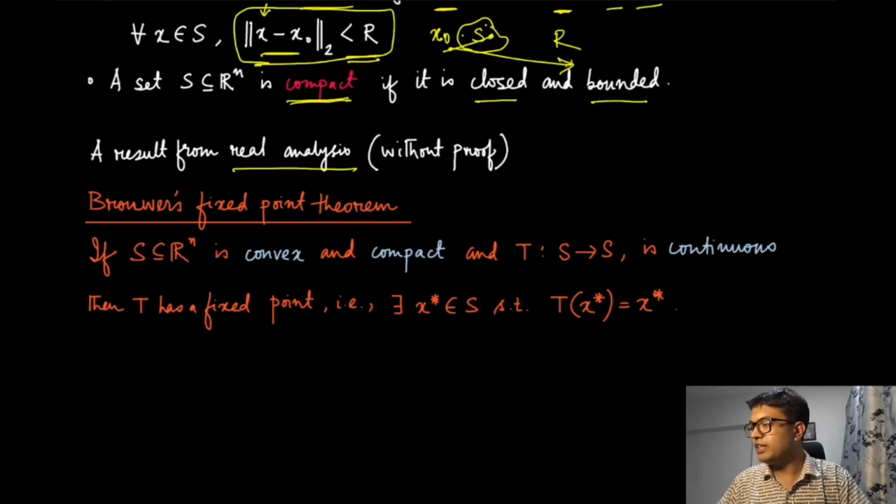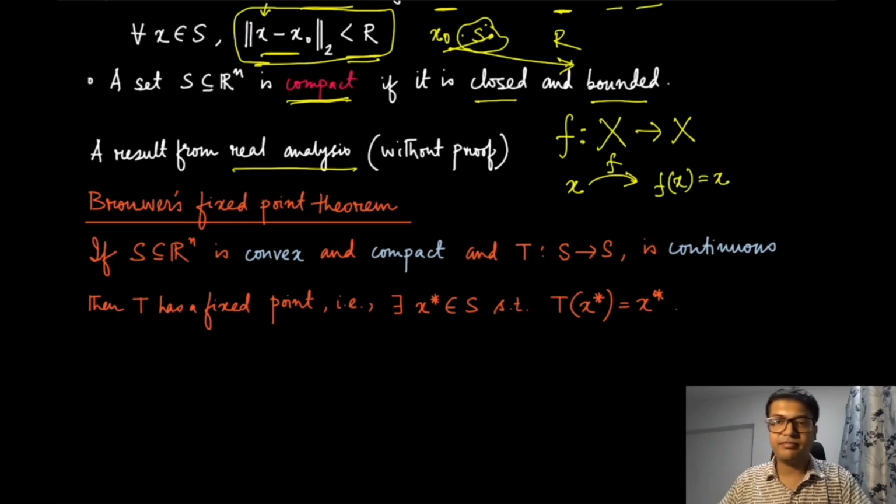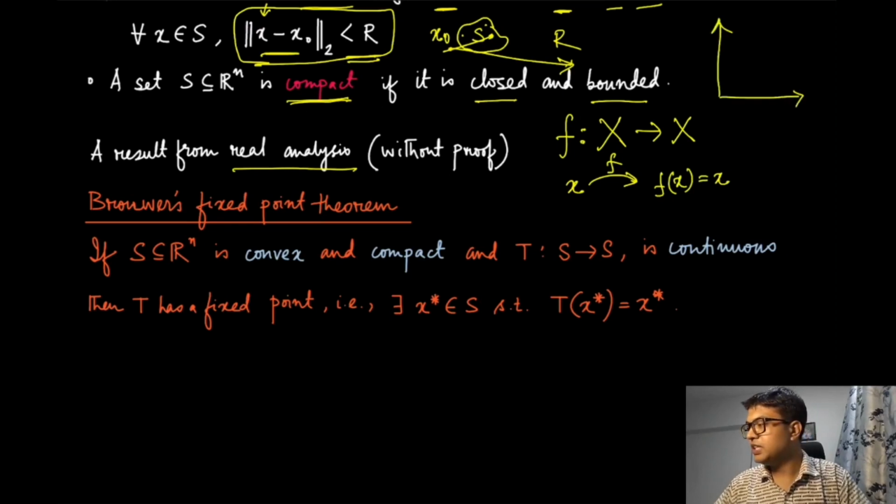Let's say we have a function f mapping a set X to the same set. If there exists some x such that when you apply f to it, fx is nothing but x itself,